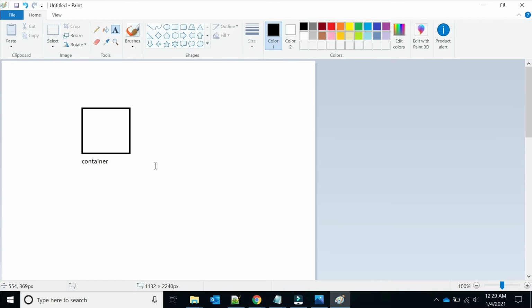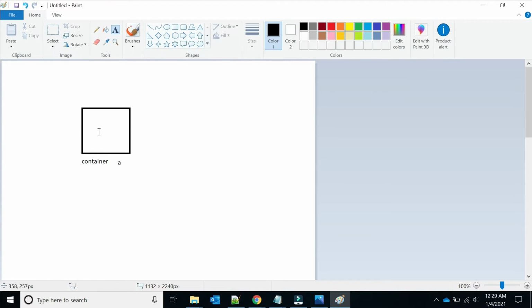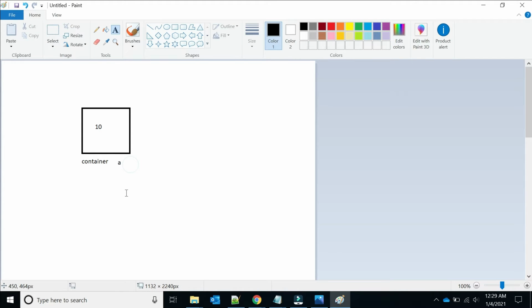The name of the container is A, let's say, and the value it holds is 10. So here A is the variable name and 10 is the value. This is also known as an identifier, and the value can be changed. So we will see with an example.